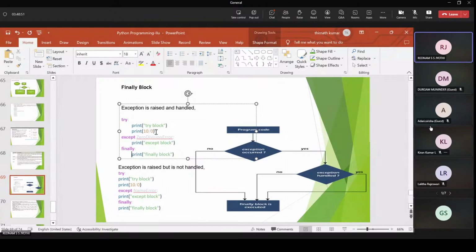Whenever this exception occurs, the try block raises an exception object, and the corresponding except block will catch that exception, handle it, and take the necessary action. Then print except block and finally print finally block. So in this case, the output will be the try block, ZeroDivisionError, the except block, and then the finally block executes.